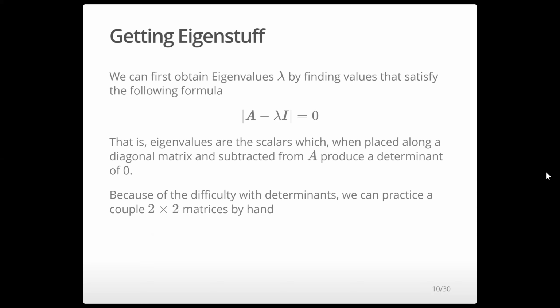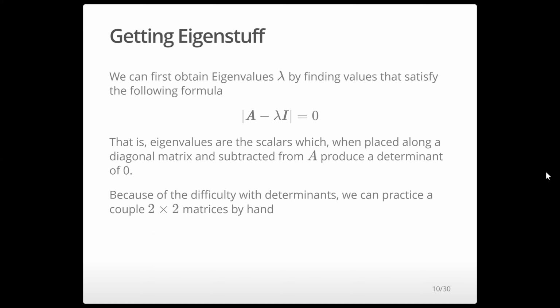And eigenvalues satisfy this relationship, which says essentially that if you subtract the eigenvalues from each diagonal element of your matrix, so the first eigenvalue from the first diagonal element, the second eigenvalue from the second diagonal element, and so on, and we get that by multiplying the eigenvalues times an identity matrix,